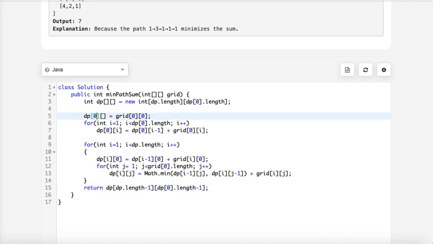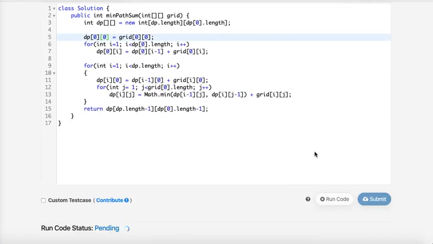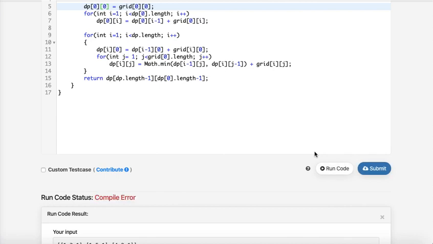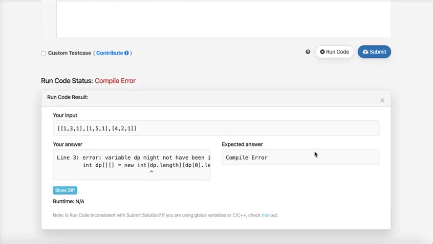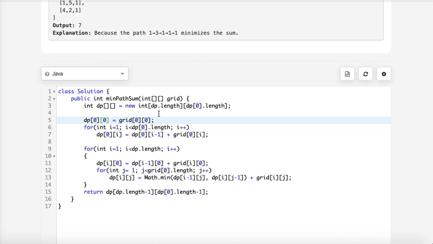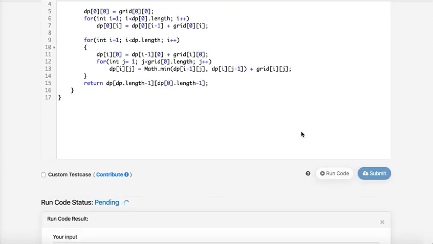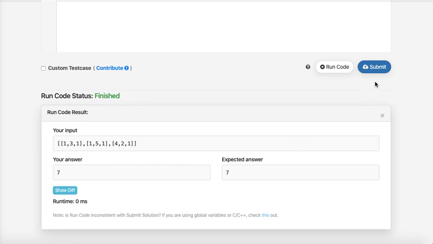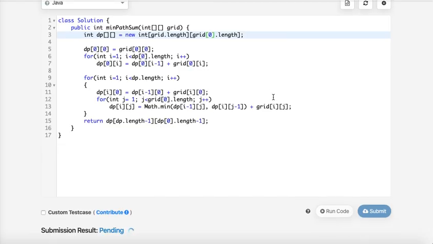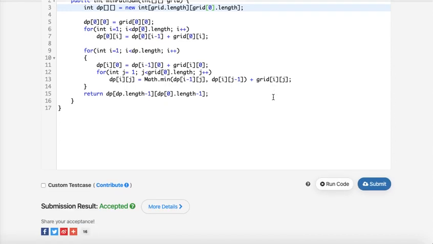Okay, here I have to put 0 0, right? Okay, it should be grid. DP is not yet initialized. Okay, we got the same answer. Let's submit this. Cool, accepted. So now let's see how we can optimize this further.